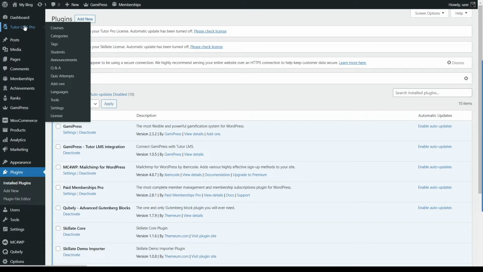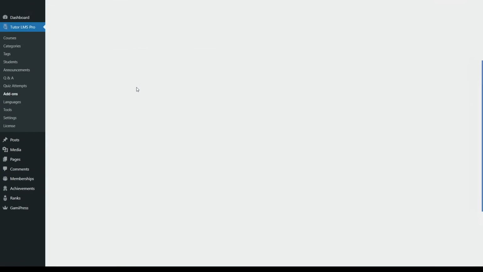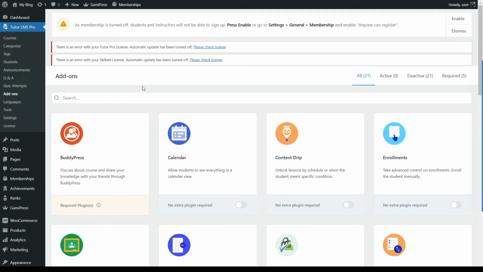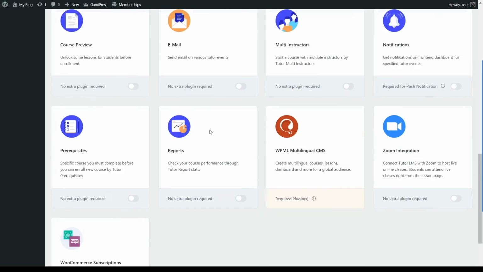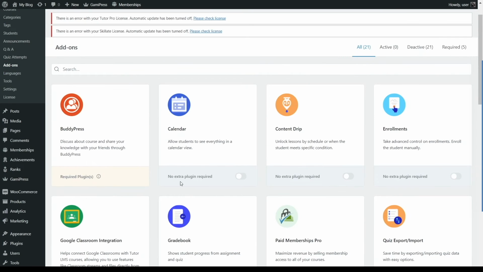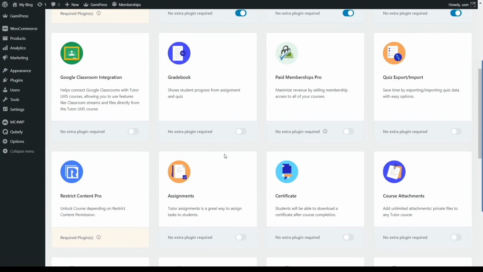So one of the amazing things about Tutor LMS Pro is, now look at the add-ons. We are going to look at the add-ons. You see that you have access to all the add-ons right now. The premium add-ons are now all available. You can use the calendar, the content drip, the enrollments, the Google Classroom, Gradebook, Paid Memberships Pro, quiz export, import,